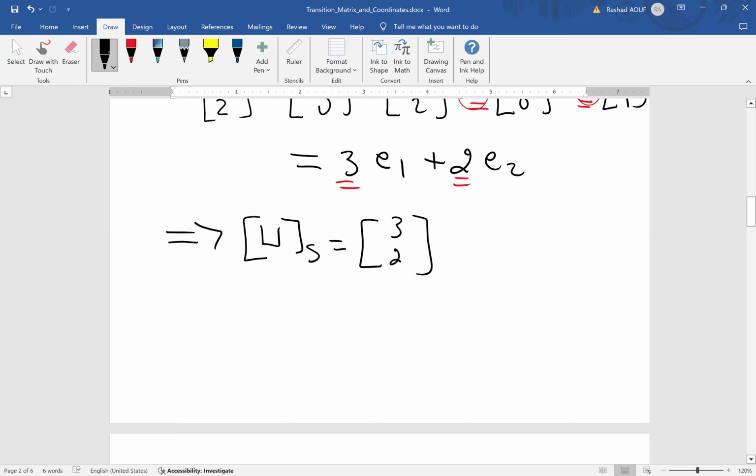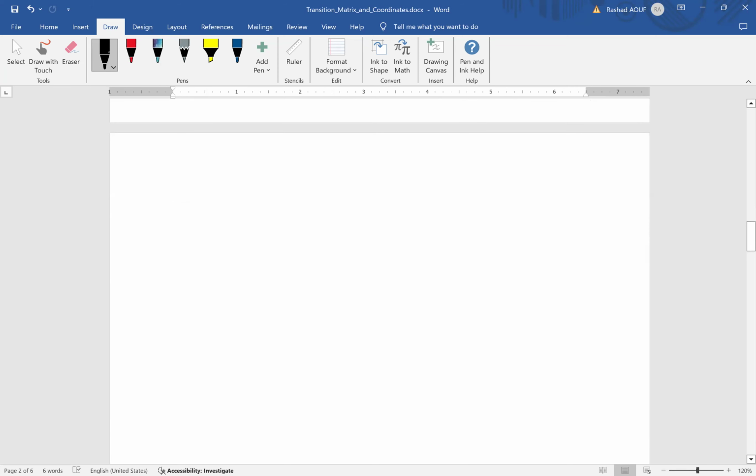Another example. Find the coordinates. When we say a vector is a linear combination of other vectors, the coefficients are what we call the coordinates. Coordinates, it's very simple. Another example, find the coordinates